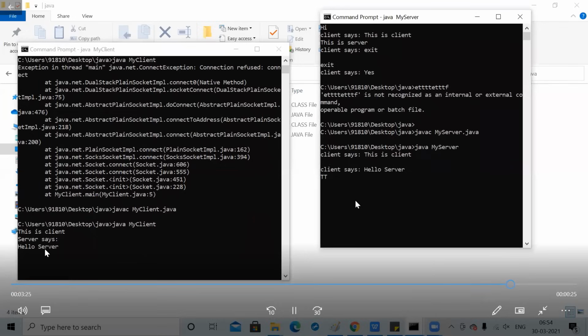Yes, sir. The server says hello. Then the client says hello server, so it is printed here. Similarly, it is replying to that particular client. Whatever the server replies will be shown to the client. So this is how communication is happening both ways, from client to server.